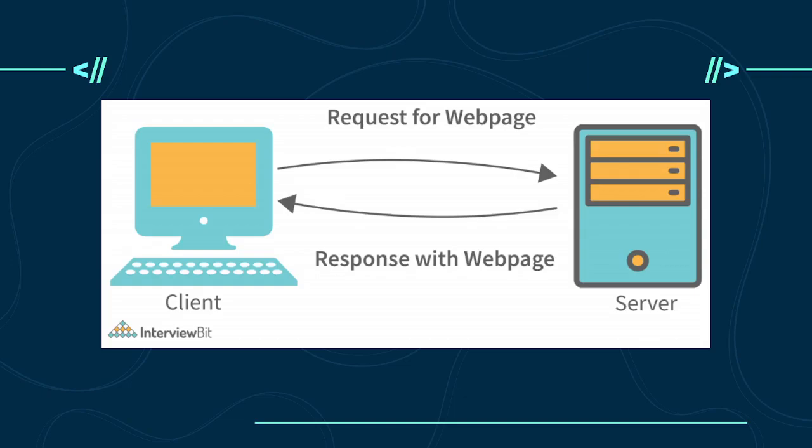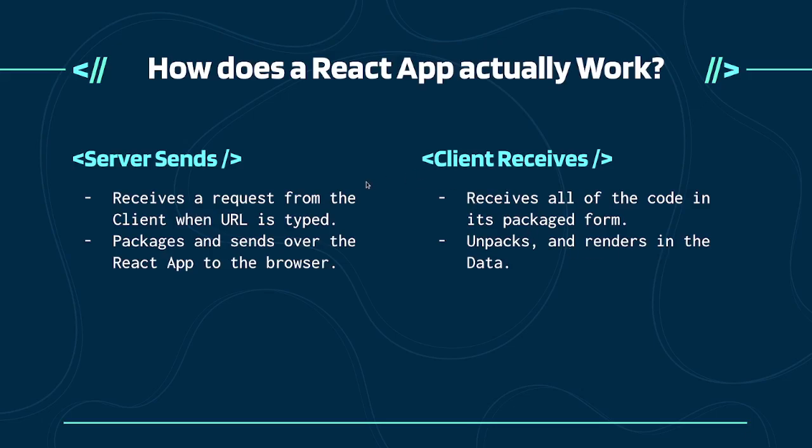And what happens is that in this step, in this part right here, while we're waiting on the server, it's going to build all of your React, Tailwind, JSX, and all that fancy stuff that we like writing our code in into HTML, CSS, and JavaScript to send over. Because again, Google Chrome has no idea what all of that is, right? And so that step is really, really important. So the server receives the request, and it packages the app and sends it over as CSS, HTML, JavaScript to your client, to your web browser.